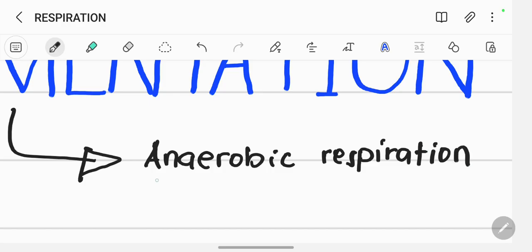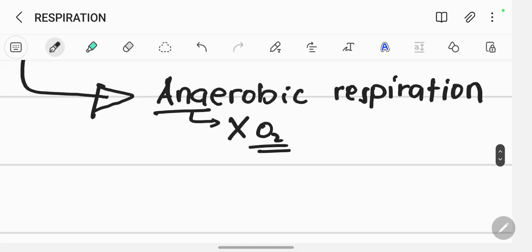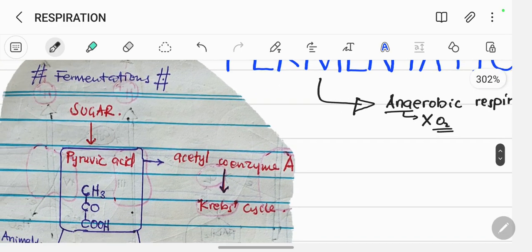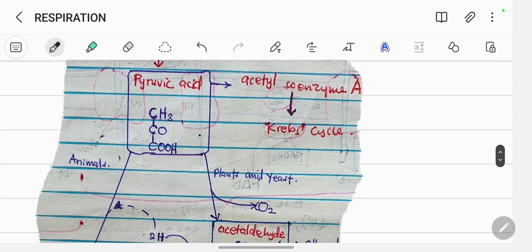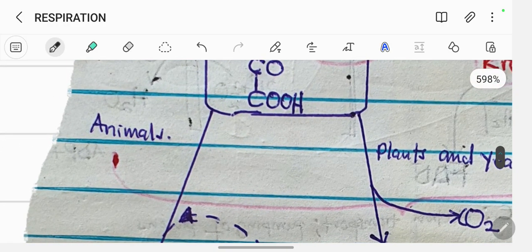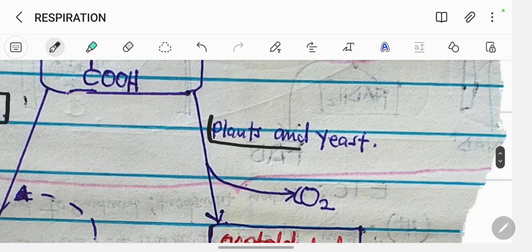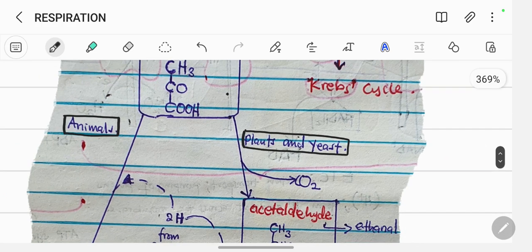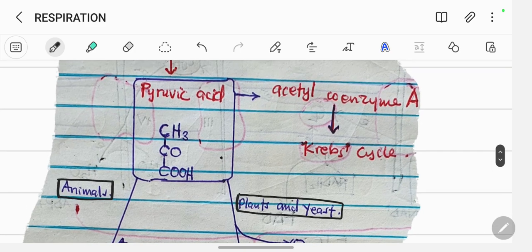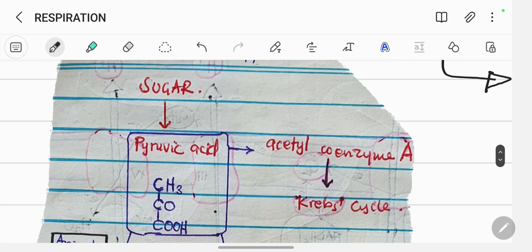So, in the absence of oxygen, we have that occurring in animals. So we have one occurring within animals, and we have that occurring within plants and yeast there. So what happens is that we undergo